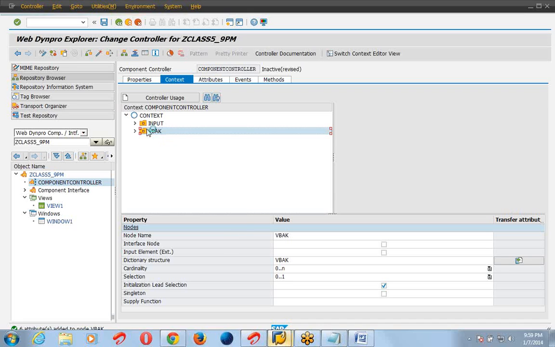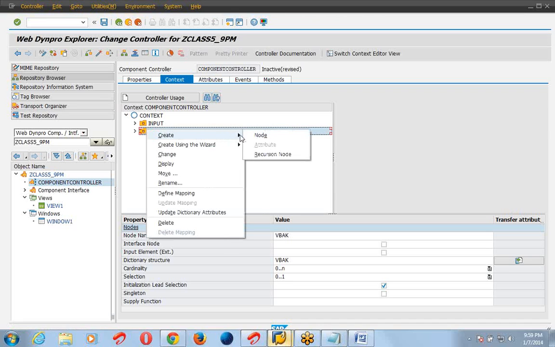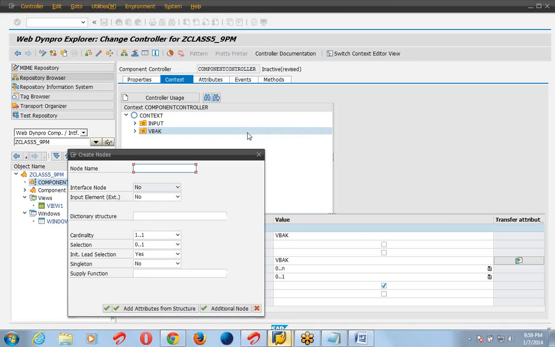But there should be one common field, because without any common field we cannot select the record. So VBAP.